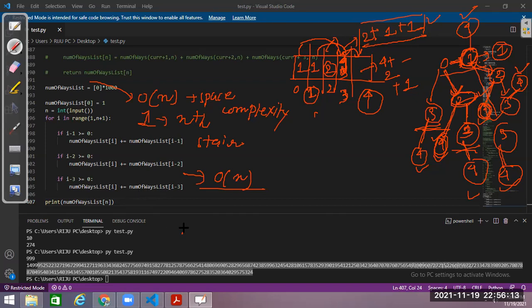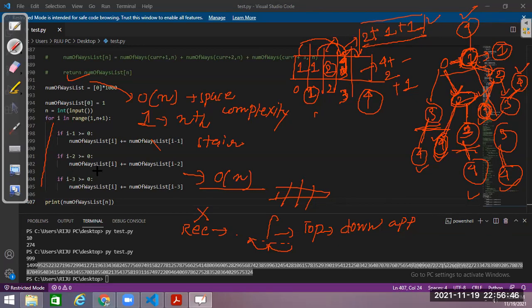Okay. So recursion, if I start with recursion, we will go on calling and calling function, and then it will start returning something. Once it is returning, I will store the results in my given array, in this list. Such a kind of structure, I call this a top-down approach. And once I directly formulate what my recurrence relation is, don't rely on recursion, and directly calculate using loops in an iterative manner, I call this a bottom-up approach.